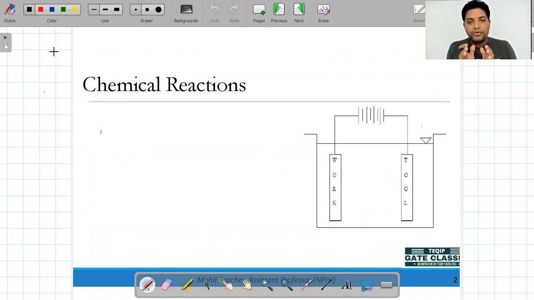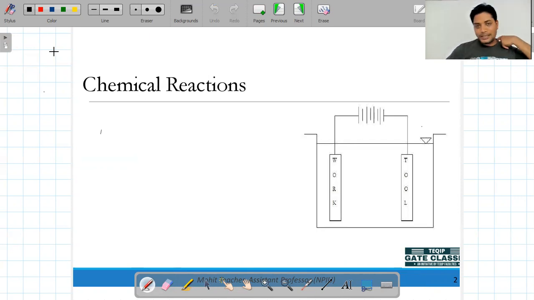If you are an engineering student right now, you can prefer any one of these two. There is no issue. If you want to write the university examination, you can prefer any one of these two. But if you are preparing for the GATE or engineering services examination, then please prefer both, because if I discuss only water and not salty water, and the examination has NaCl or NaOH formation, then you will ask me, sir, salty water is also there, you did not discuss. That's why I am discussing both.